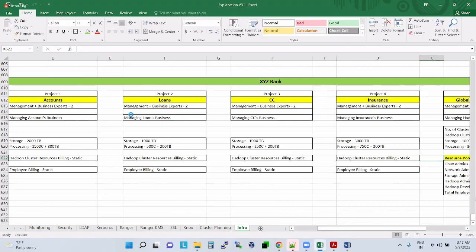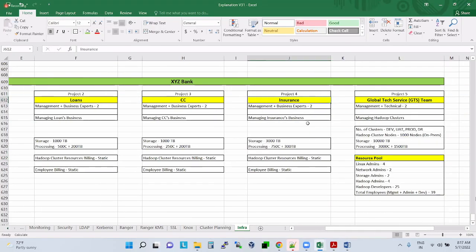Here we are saying, for the insurance project, we give you 3000 TB storage, 750 cores and 300 TB. This is your quota from this cluster. Whether you use it or not, you have to pay for this much. Yes, sir. So in one way we reduced money, in the employees way we reduced money. We are bringing everything into a centralized space. First of all, is the company gaining money with this model or not?